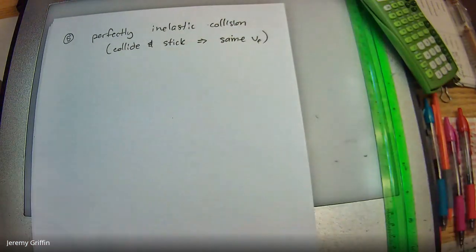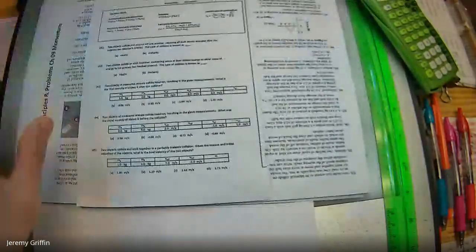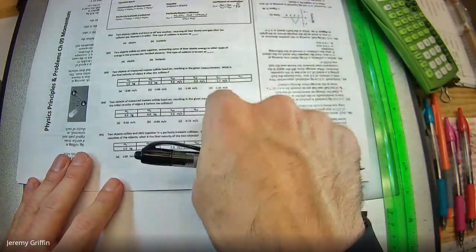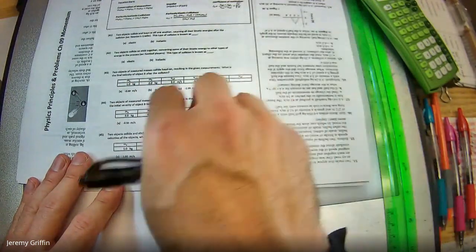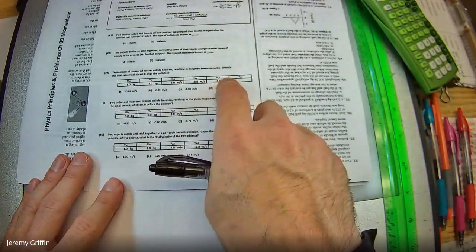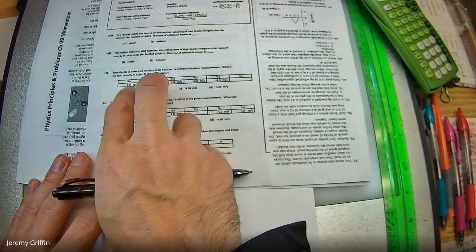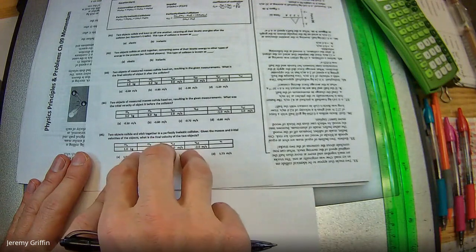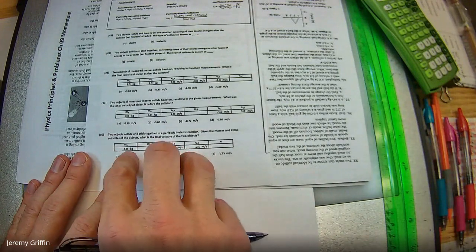Right? Which is a good tidbit to know, because something I wanted to point out on this page is notice that number 3 and number 4 are very similar to each other. I gave you 5 values, you solve for the 6th one, right? So 1, 2, 3, 4, 5, you solve for the one unknown. But in number 5, the one we're doing now where they collide and stick, notice I only give you